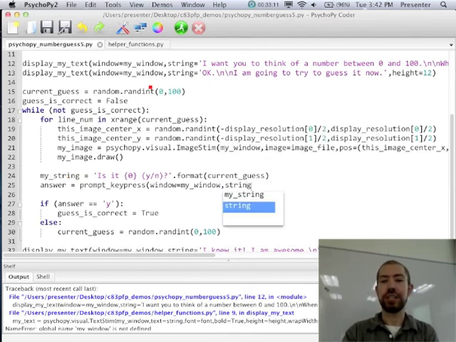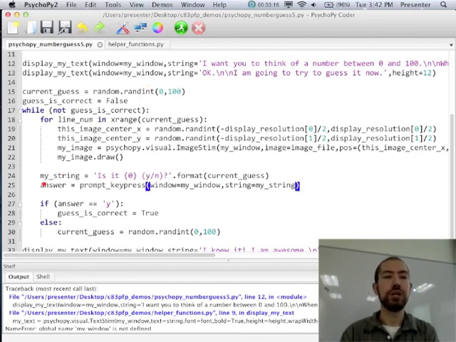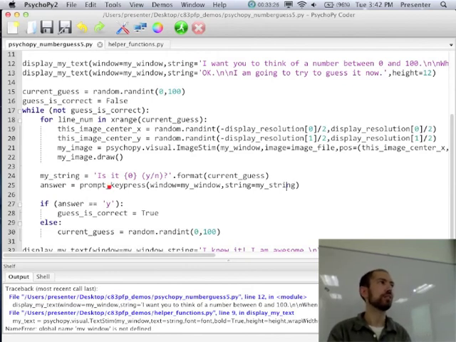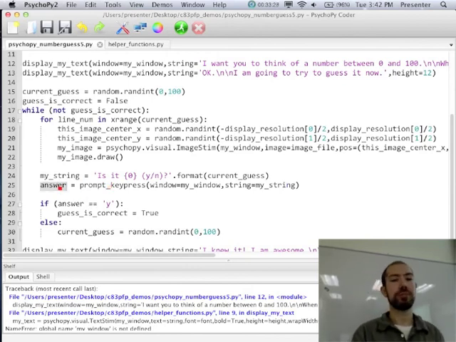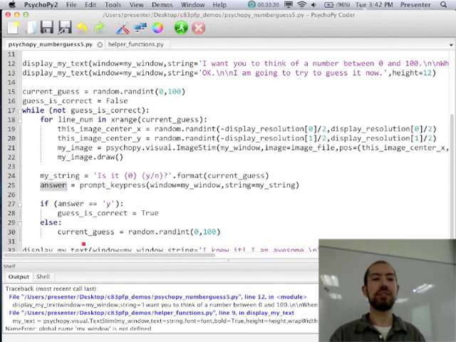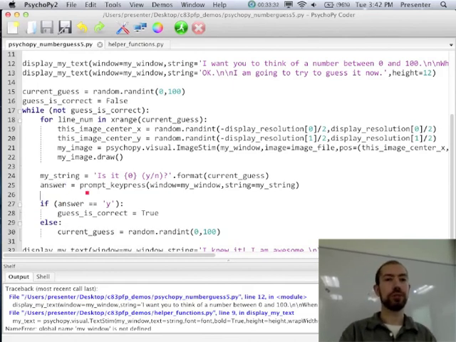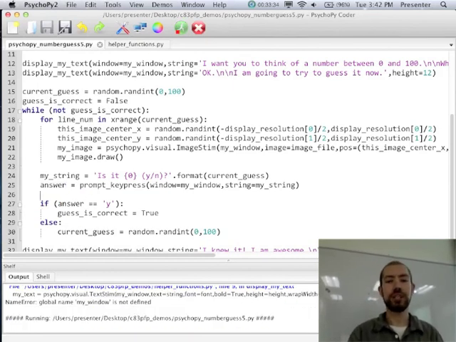So we can just say string equals my string, right? Because we created the string that says, is it some number, yes or no, in this line. So now we're just going to give it that string, and we're going to take whatever prompt key press gives back to us and put it in this variable named answer, and then everything else should run just like it did before. So if we save that and run it,